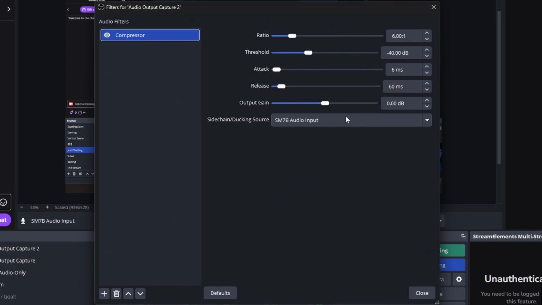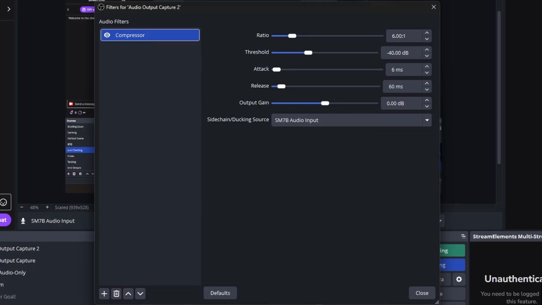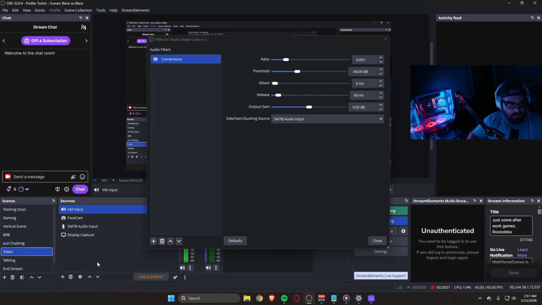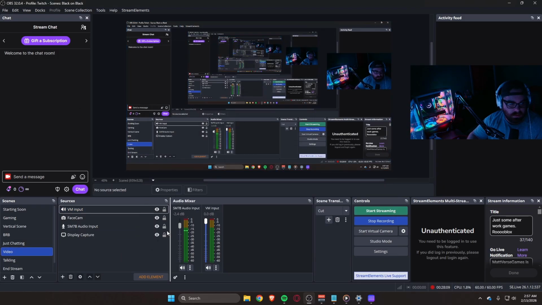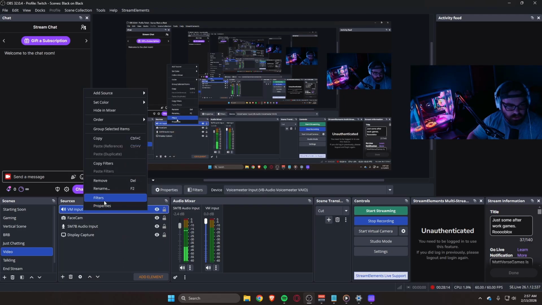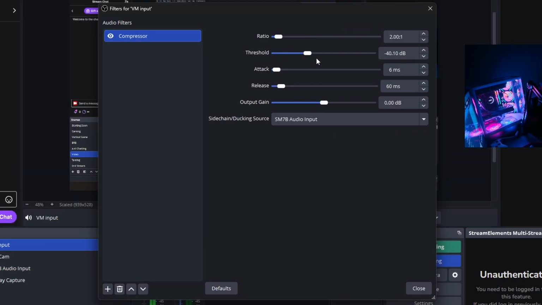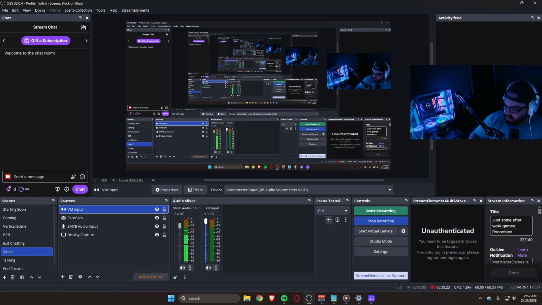I do no gain staging within OBS. None at all whatsoever. None. And I have this sidechain ducked to the SM7B. So let's go back over here. All right, there is our VM. Let's go to VM. Let's go to filters. Let's do that. I think what did I have that at? 2:1, negative 40. Those are fine. Close. So now if I play this,